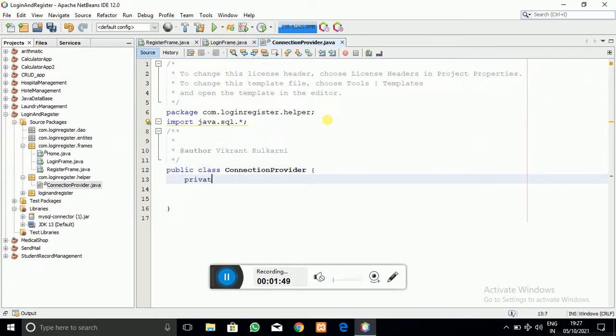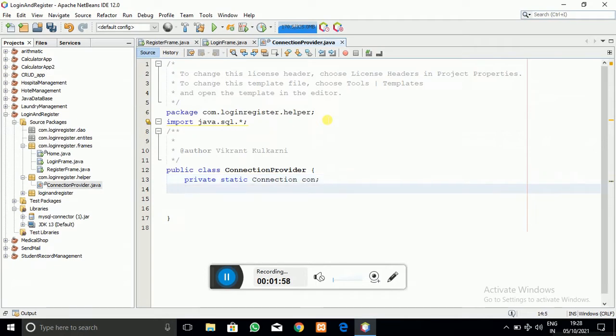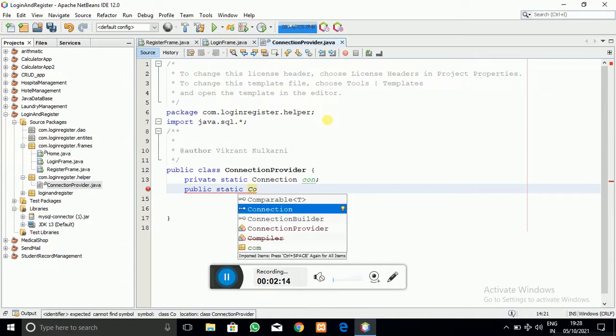Here I am going to create one static Connection variable, which we require. I give the name as con, and now I have to create a public static method, the getConnection method, which returns the connection object, so its return type is Connection.